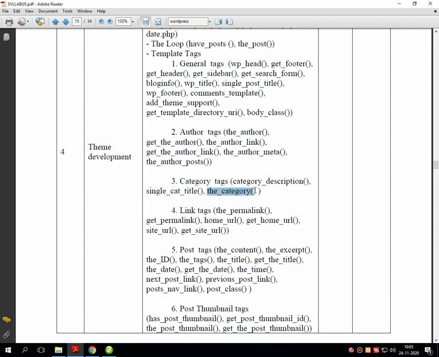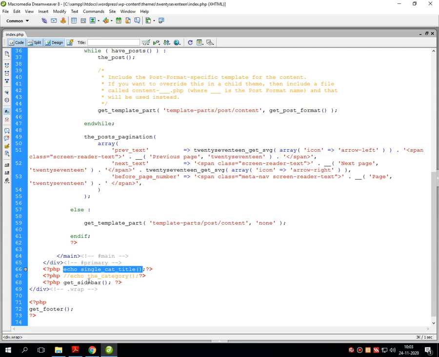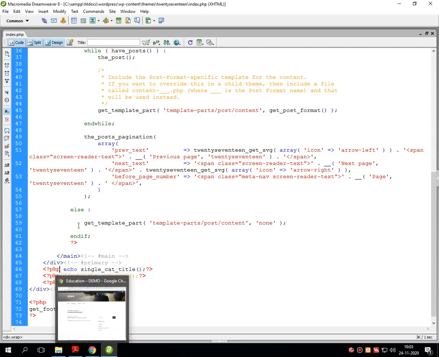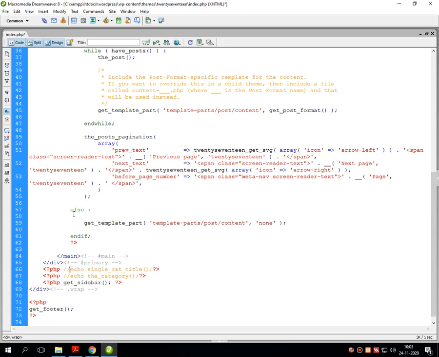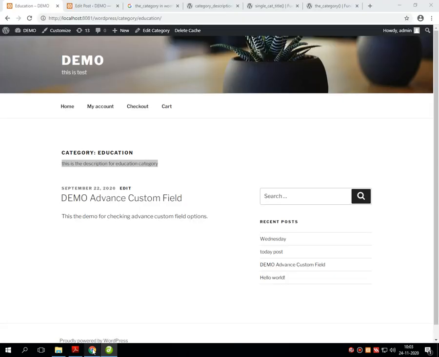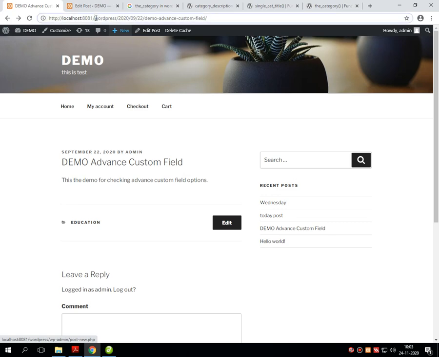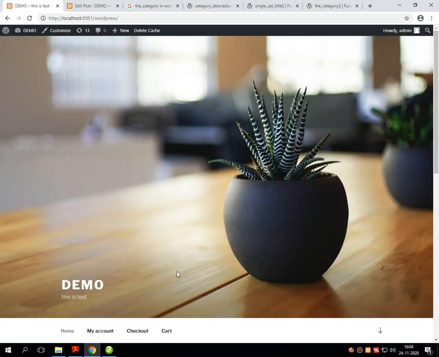Now the next one is the_category. For that I have already written the code over here, so I am keeping the previous one in the commented section, opening this function called the_category and refreshing the page. It shows Uncategorized on the screen.